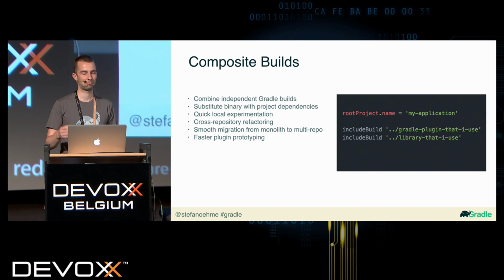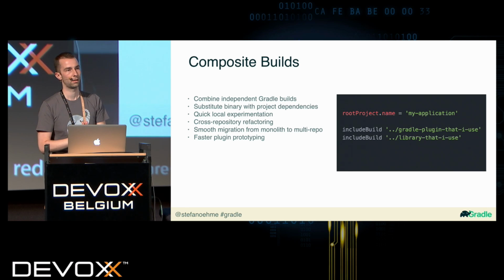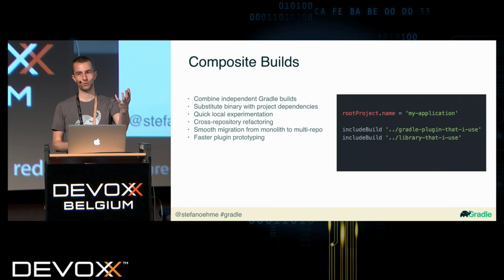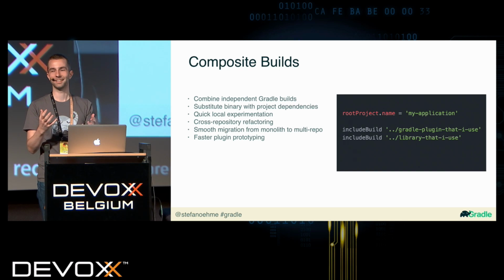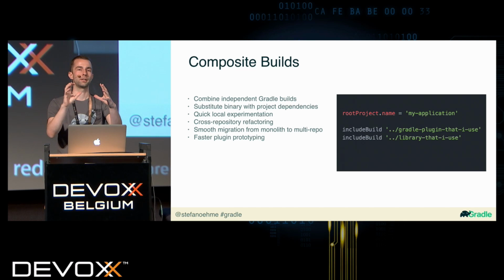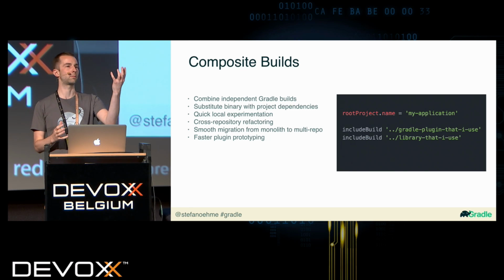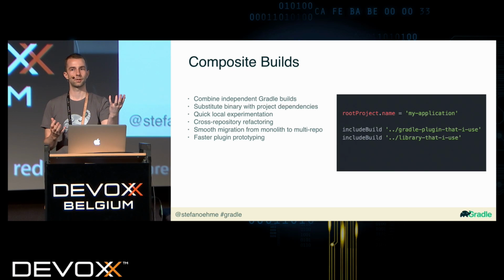Now, Composite Builds, very simple, allows you to combine multiple independent Gradle builds into one big one. And that means you can take your library and your application and combine them into one big build and say, hey, just run all the tests with these two together. And what Gradle will do is it will determine that, oh, this dependency that my application has, this org, my company, my utils, is actually provided by this other build that's also in the composite,